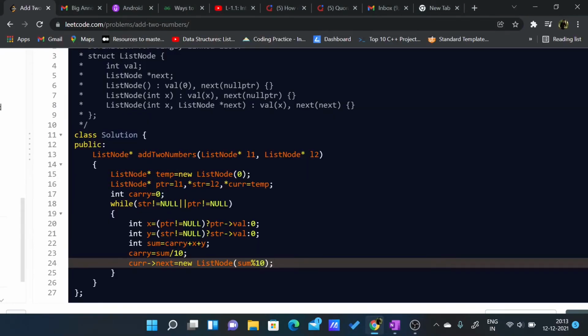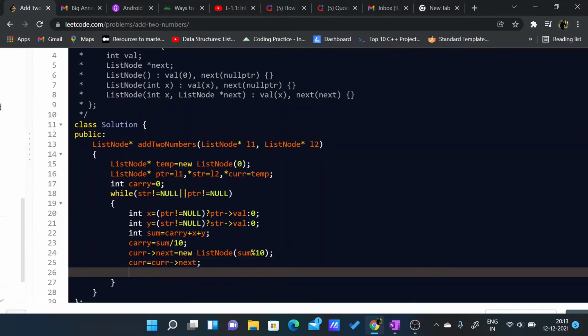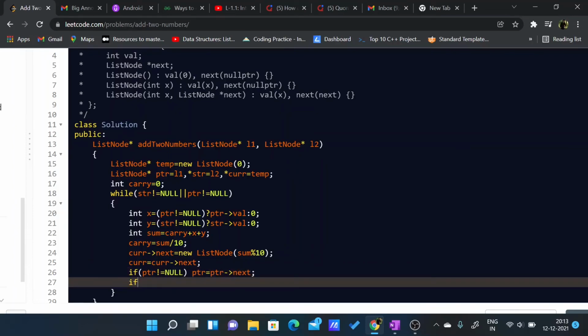So I'll store the sum mod 10 at the new node, and I'll just move the current to the current next, and after that I'll see if ptr not equal to null, what I will do, I'll move the ptr to the next node. So ptr equal to ptr next. If str not equals to null, I'll move the str equals to str next.